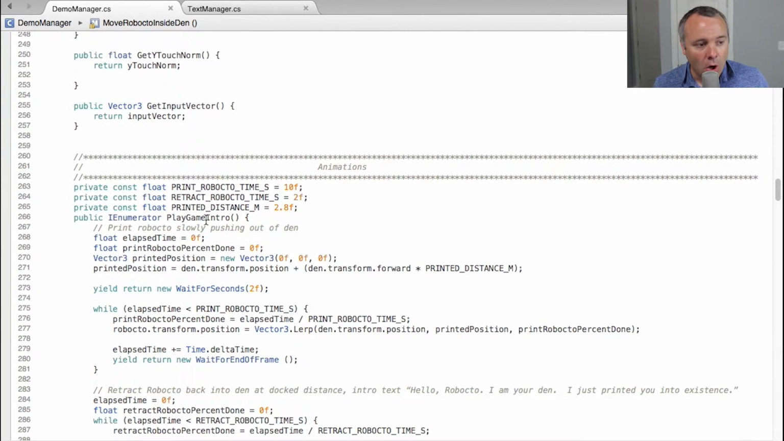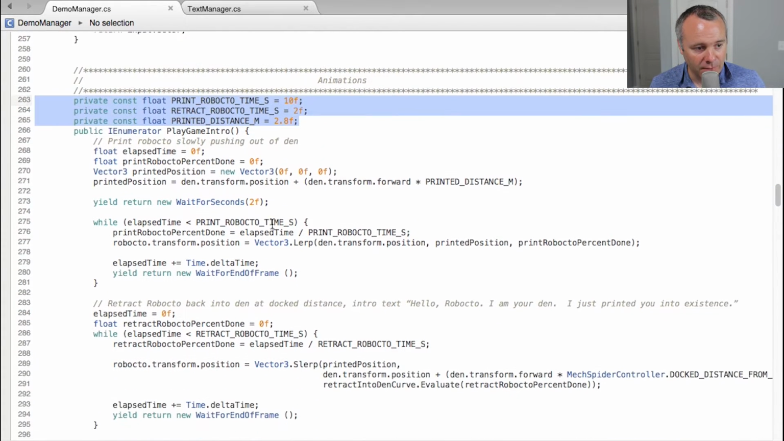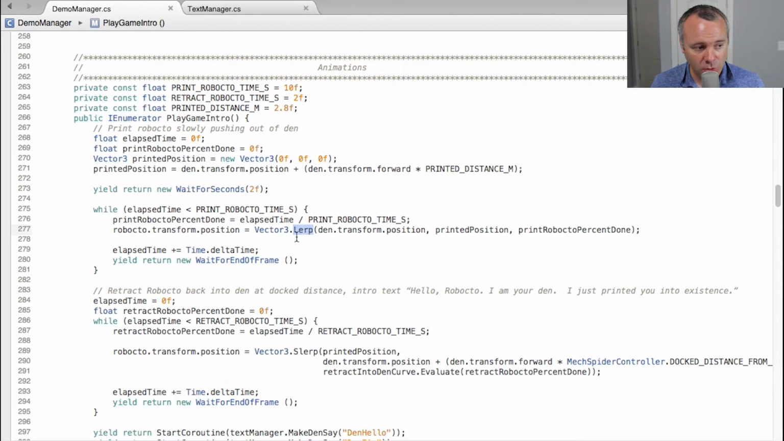Play game intro is called from my game manager when the game is first launched. Here I have some constants that allow me to tweak the timing of each part of the animation. First, Robocto is printed. I simply lerp his position from the inside of the din to the outside of the din. Lerp is just a linear interpolation function that moves a value over time from a start point to an